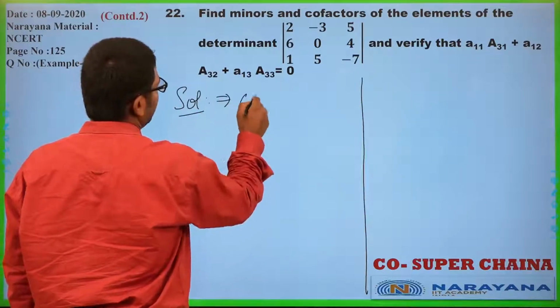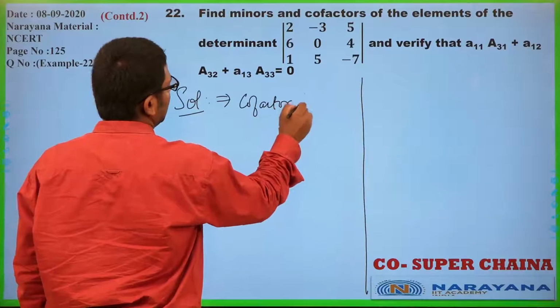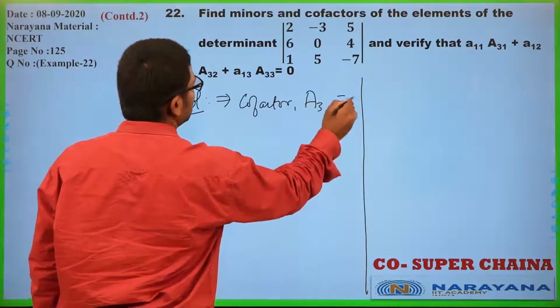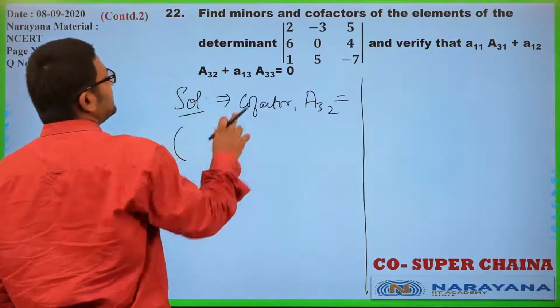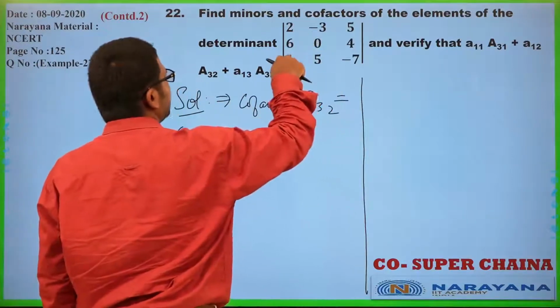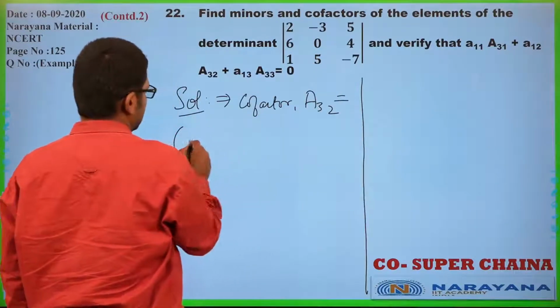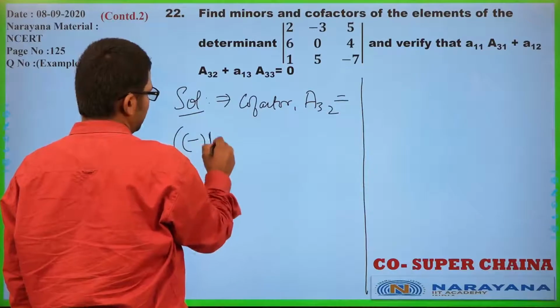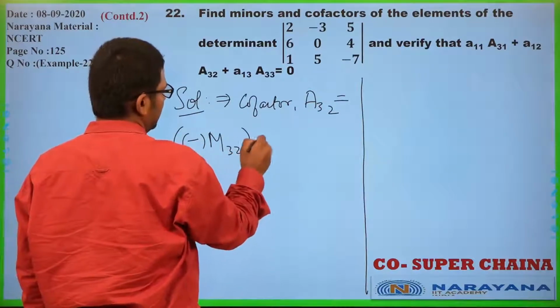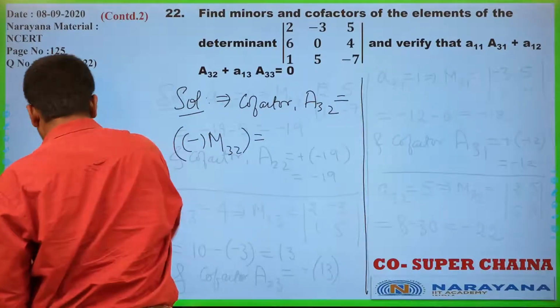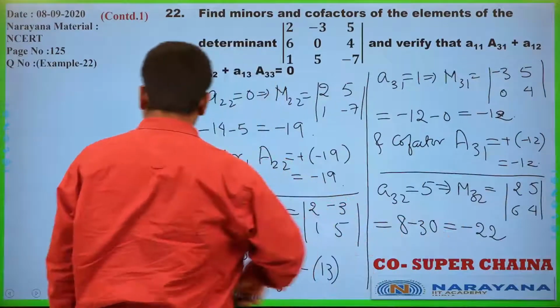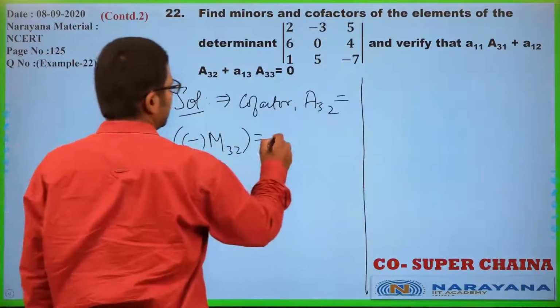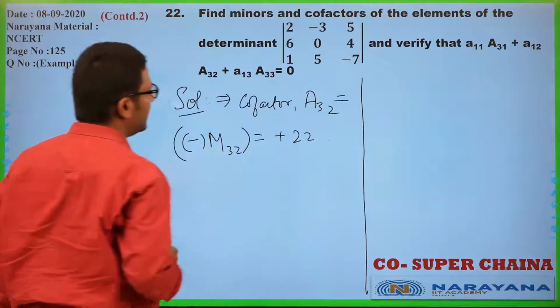Right, which means cofactor, which is capital A32, would be, like I said, 3, 2. Here we use plus, so this should be minus of M32, right, which is, change the sign, this is minus 22, so this becomes plus 22, alright,